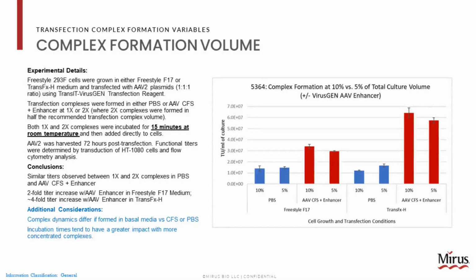So when we form complexes, one of the first questions is how much complex to make? What will be the total volume of complex? Mirus suggests for transfection that we would form the complex based on the total volume of culture, and that we would use 10% of that volume. So say we have 150 liters in our bioreactor. We would need to form a 15-liter complex. We can refer back to the sheet we provided earlier to get the numbers of exactly how much media, DNA, and reagent we would be using.